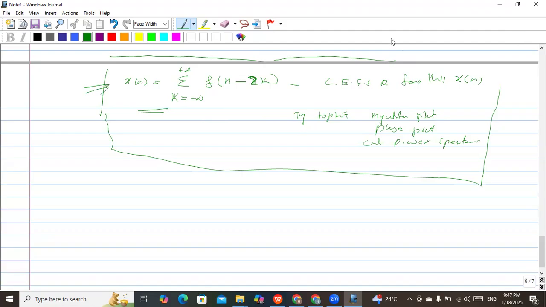So that is okay for the Fourier series representation. We will now start the Fourier transform. Okay, we will see the